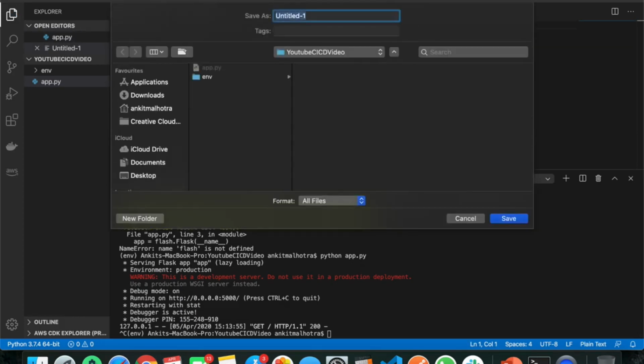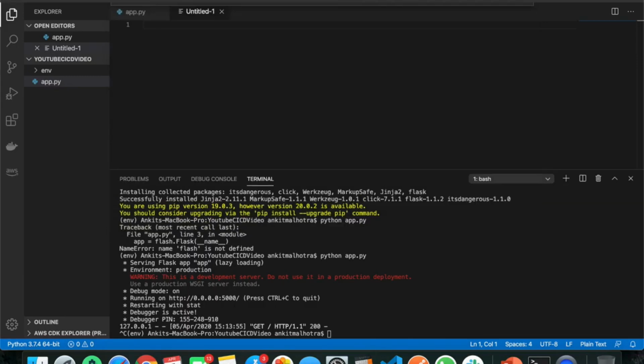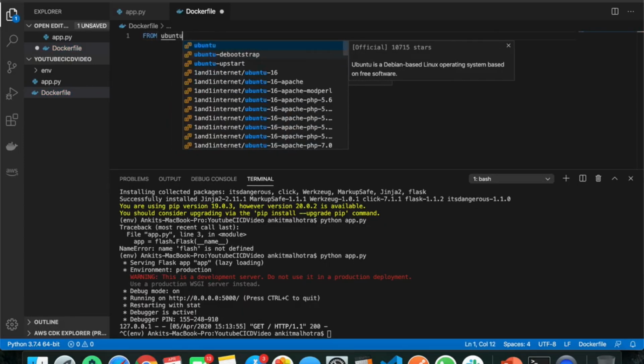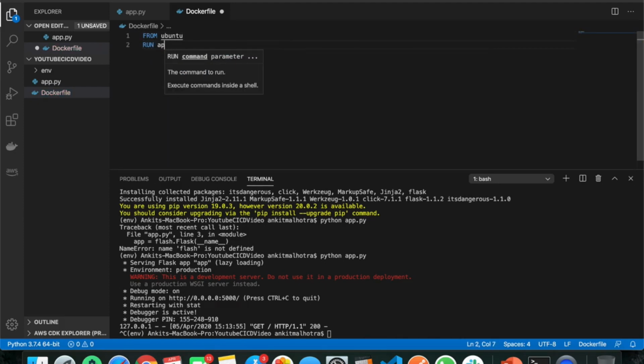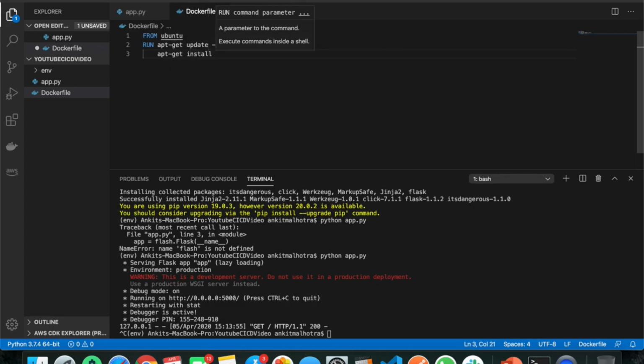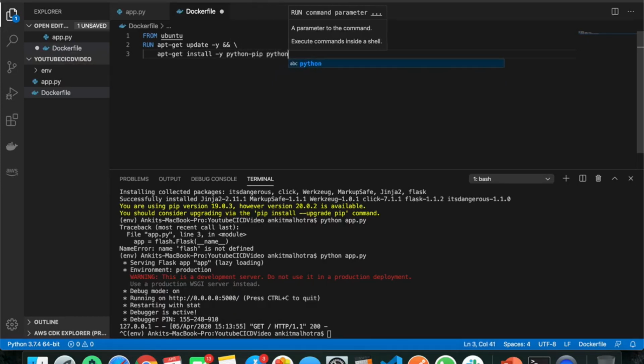So Dockerfile, I hope you guys know, it has to be of same name and same casing. So we will start by importing a new Ubuntu image. We will be using this as a base image and we will run some commands to update it. So this is a command for updating the environment, and this next command is for installing the Python library to this Ubuntu image, Python dev,